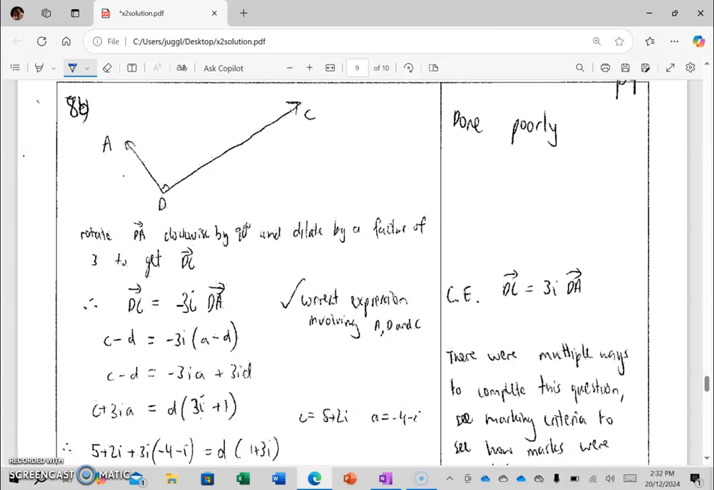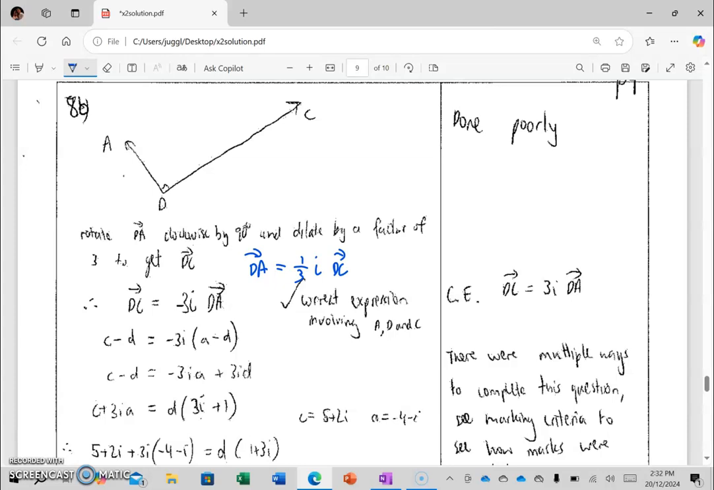So you needed this. Some people went the other way, started from DC, rotated 90 degrees anti-clockwise to give you AD. So you could have written the vector DA is equal to 1/3 i DC. That also would have got you the first mark. So a correct expression involving AD and C only, not involving B, because B wasn't given to you, that was